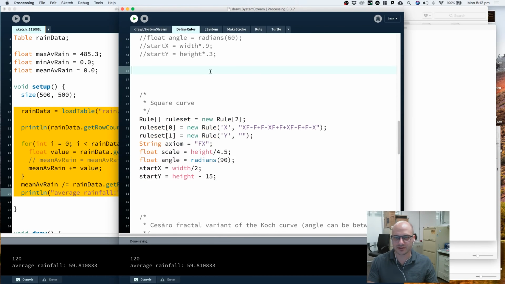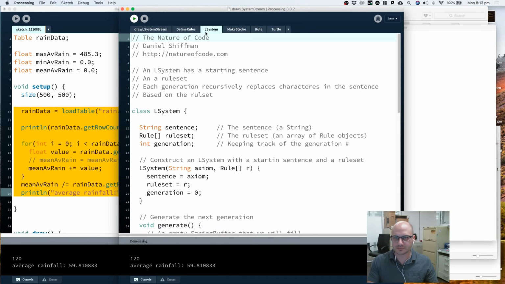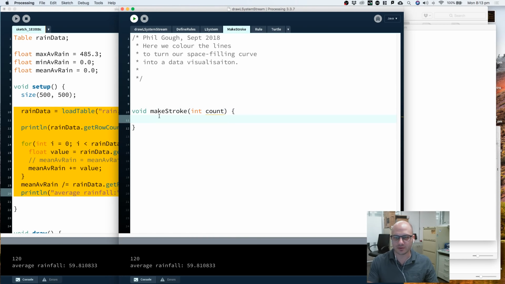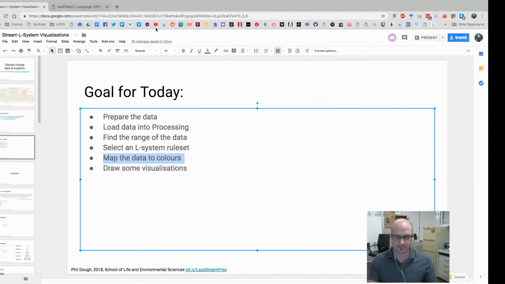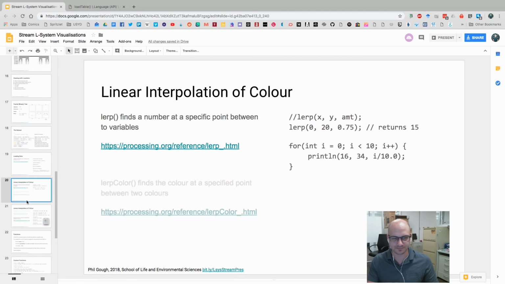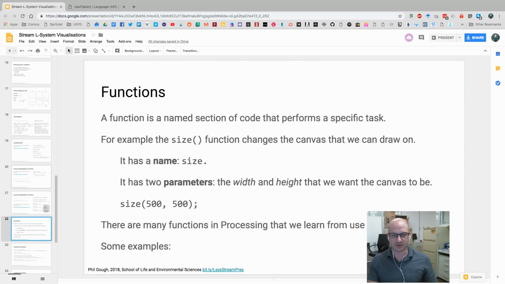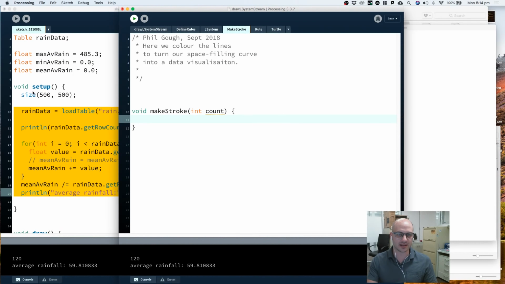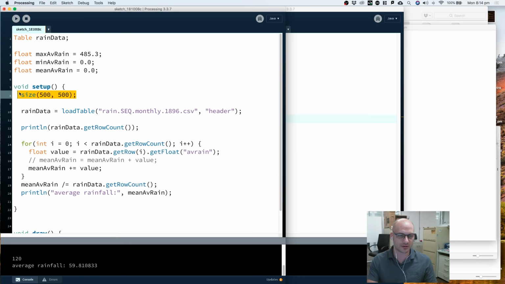I've also got my rules defined here, and under the make stroke tab we have what's called a custom function. Any function in processing is basically a little block of code that you can run at any point. I'll just quickly go over some of the notes I had for this. So a function is like a named block of code. For example, some of these are hidden, like the size function. This is a named block of code. It's called size, and in this case it takes two parameters. So you separate your parameters by